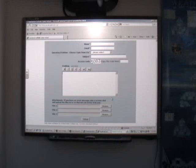So this is what we're trying to do and trying to get away from emails, because it's going to end up populating a data bank of questions and answers, so you'll have an FAQ already created and you'll be able to choose through a list of questions that have already been answered by us. So it's just another way for us to...